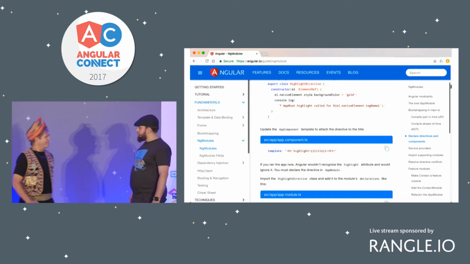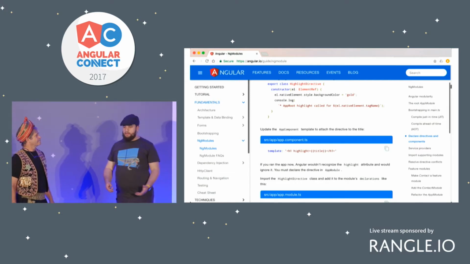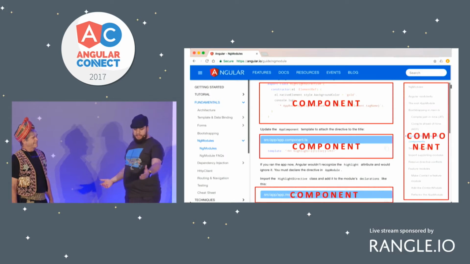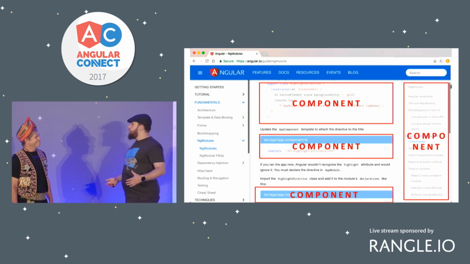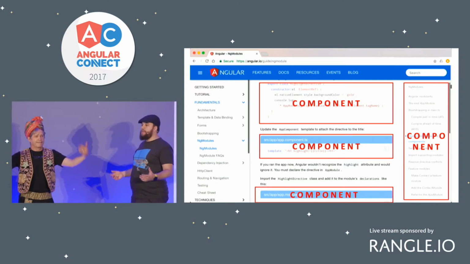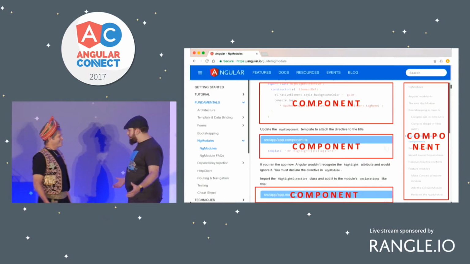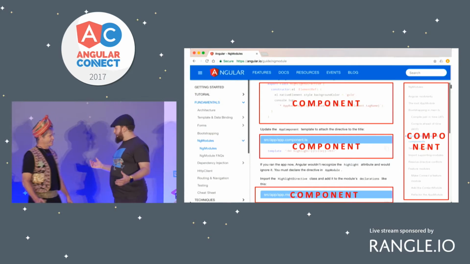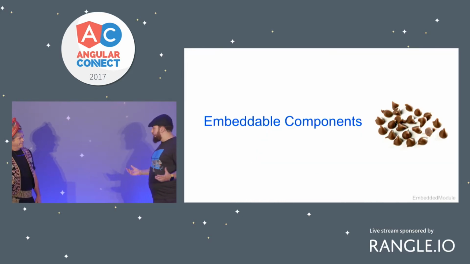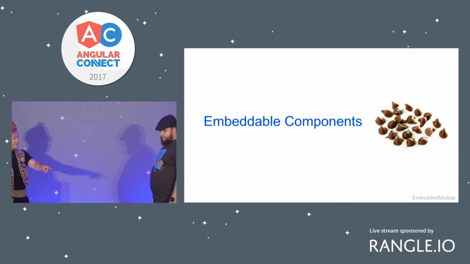This is a page from the Angular docs. It looks like a normal page, but it has all those components that you see on the screen. Can we get everybody to say component? It's just a symphony of components. All these components are generated on the fly. And we call these chocolate chips